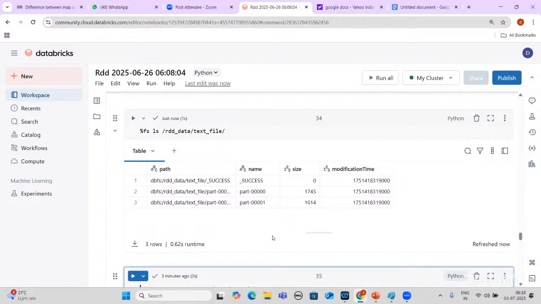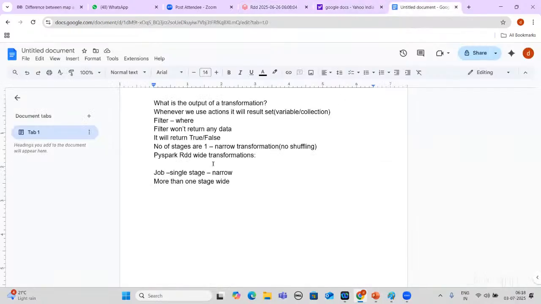One is Parquet, I'll write the name here. Parquet format.